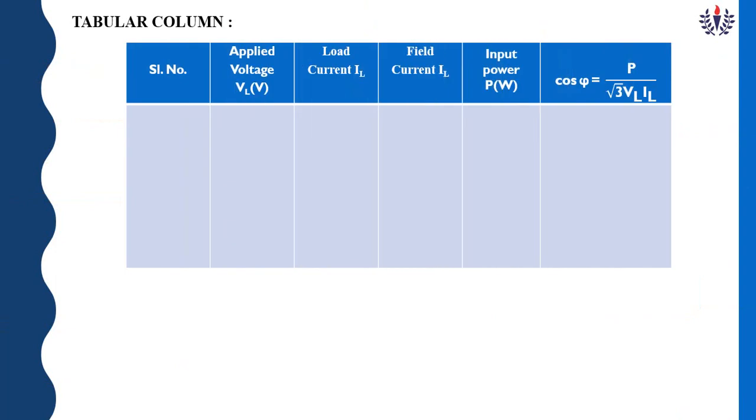As you saw in the video, you have to note down these values and tabulate them for a set of values during under excitation and over excitation. Plot the graph of armature current IA versus IF. If you plot the graph, you will get the curve of IA versus IF. You will get a V curve.